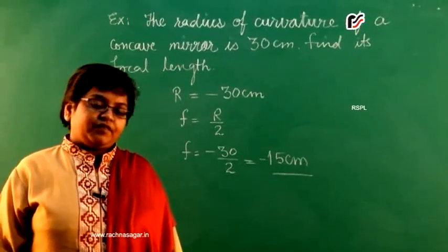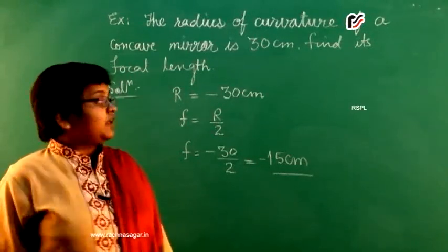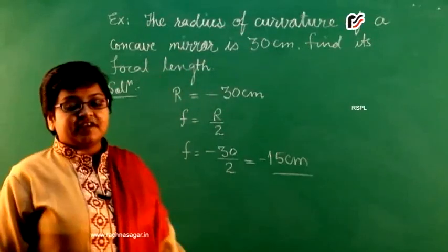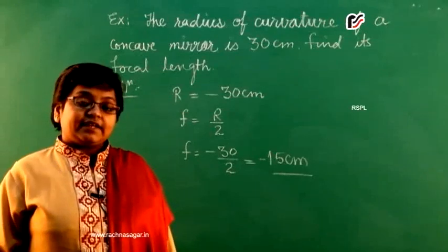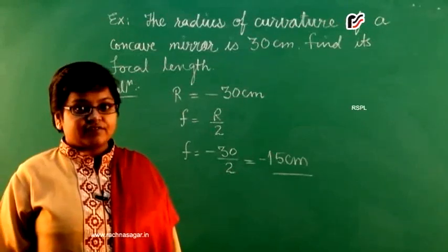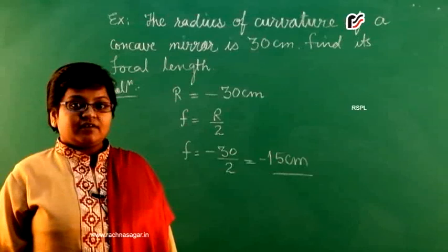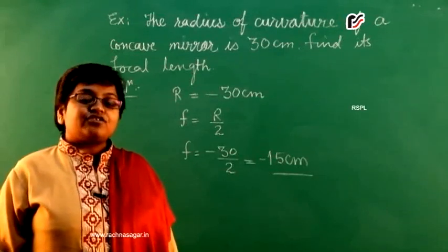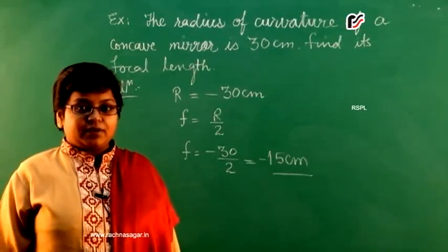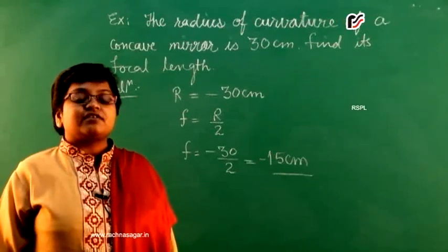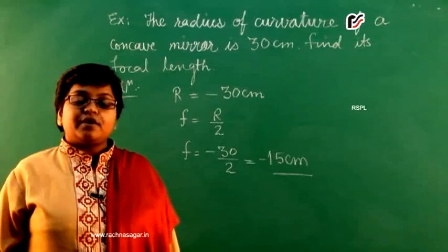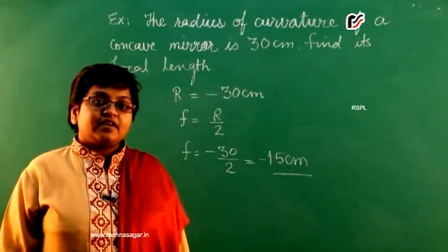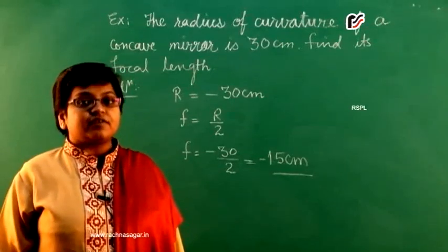Here we take a modification in the question, students. Rather than a concave mirror, if we take a convex mirror here, then tell me what's the value for radius of curvature? Ma'am, I think the negative sign will not be there. Yeah, sure. In the case of a convex mirror, the center of curvature is on the right side of the pole. That's why the radius of curvature is positive in nature, and hence the focal length also is positive in nature.